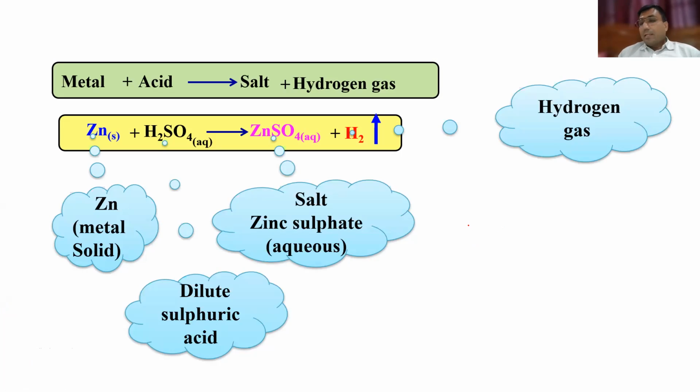This was already explained in the earlier class, but I take the privilege to explain once more so that you get a better understanding of the concept, how hydrogen is displaced by the zinc. Basically, zinc gives 2 electrons: Zn becomes Zn2+ plus 2 electrons. And the 2H plus from acids take up the 2 electrons and give hydrogen gas. That means zinc is displacing the non-metal hydrogen in the form of H2 gas.